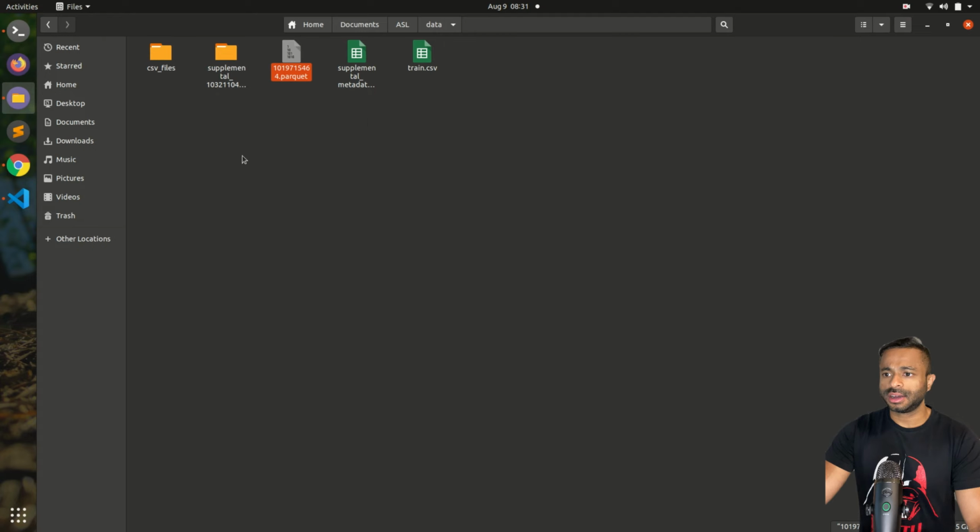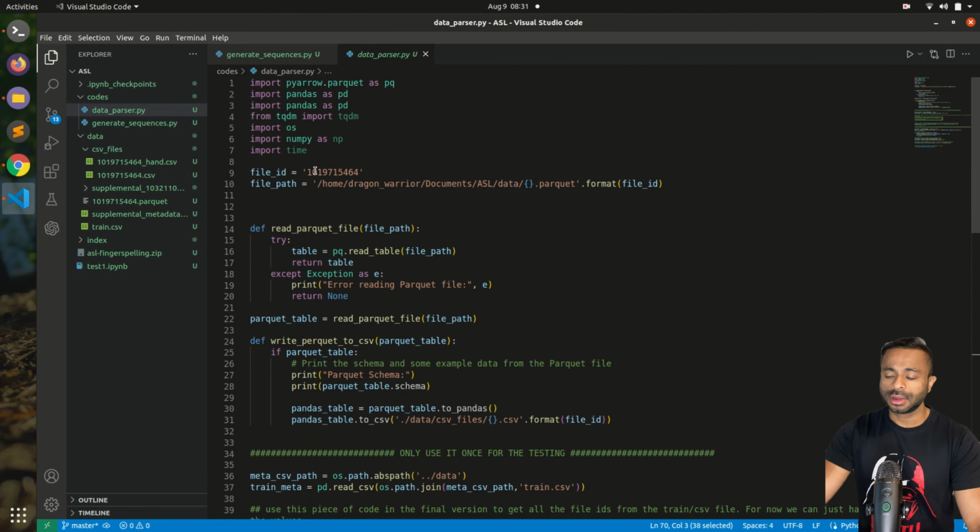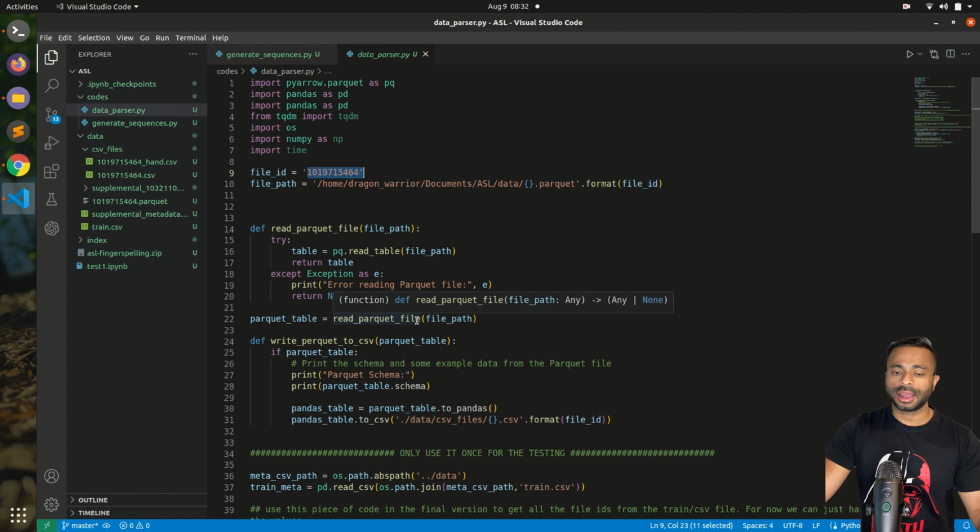I sort of hard coded this value, but of course, when submitting, I have to change it to a different format. I cannot hard code a value while submitting. Anyway,